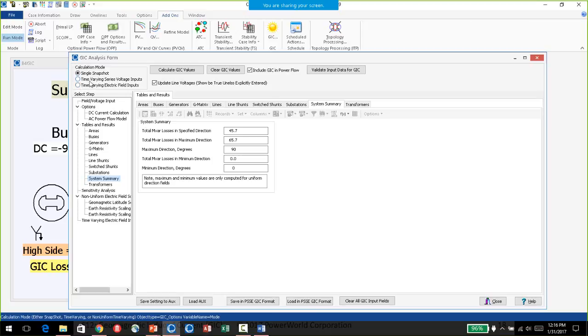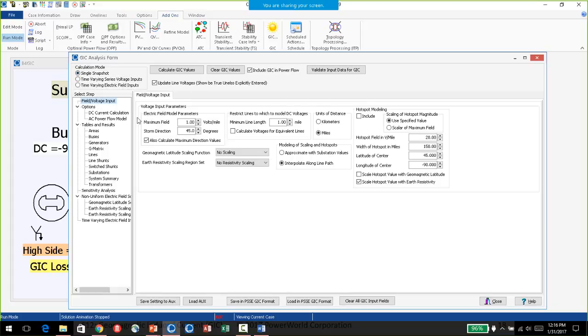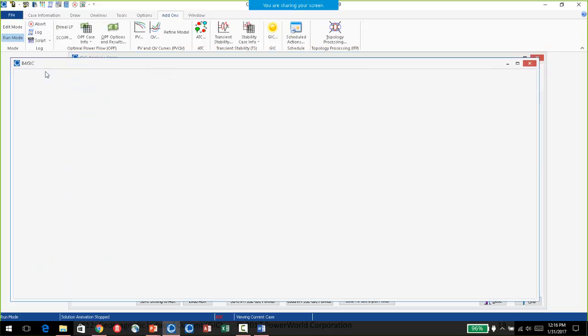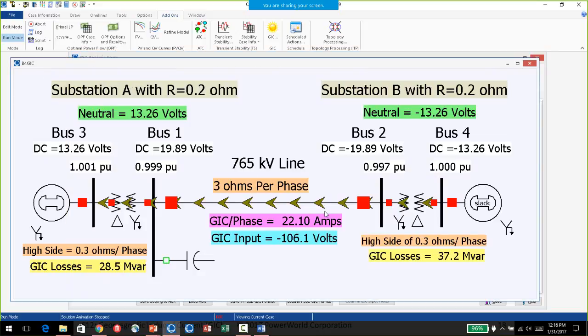If you want to, you can put an orientation of 270 degrees in, and you'll get the current going in the opposite direction, but then the quantities for megavar losses and the effective GIC and everything else are exactly the same.